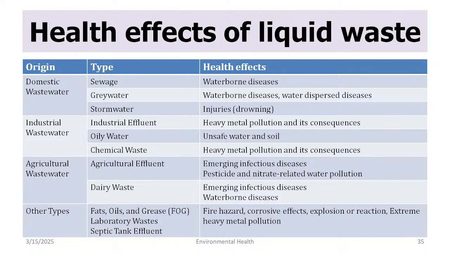COVID. वहीं से आता है ना? Or similar kind of diseases. They will come from, if we do a lot of agricultural practices, newer organisms, emerging diseases. Emerging means some disease which has come for the first time. And then of course we have pesticide and nitrate related water pollution and causing, there is a cancer train which goes to PGI from some districts of Punjab because of very high usage of pesticides. Those pesticides cause cancer on prolonged exposure. Cancer होता है. So non-communicable diseases also, and pretty others. We can think in terms of the origin of that liquid waste. You can think of the type of the liquid waste and what kind of diseases it may cause.